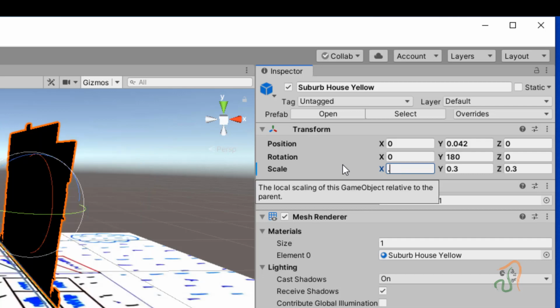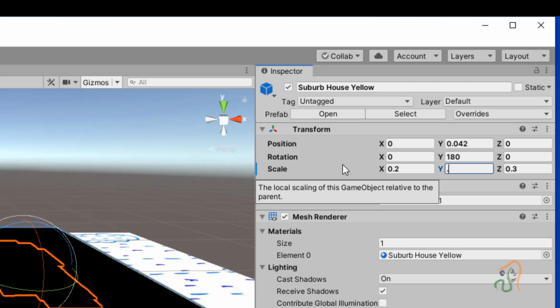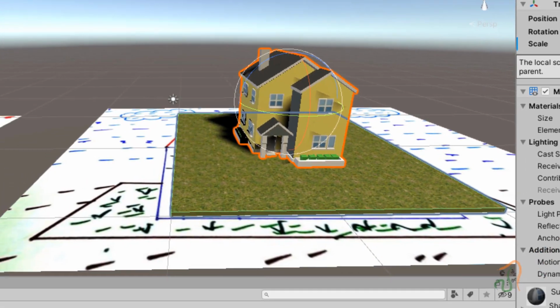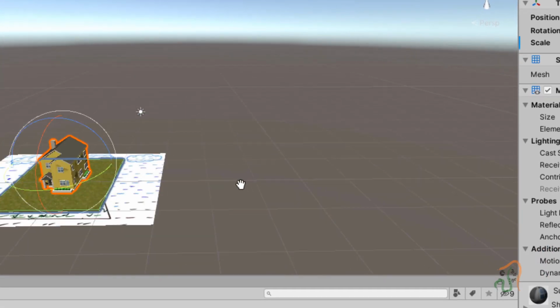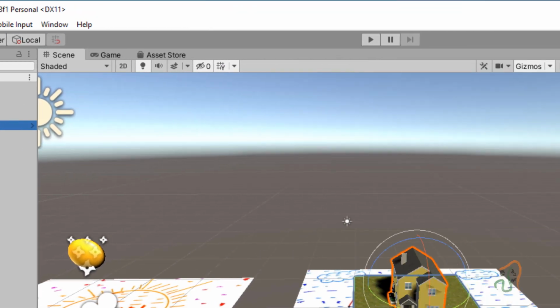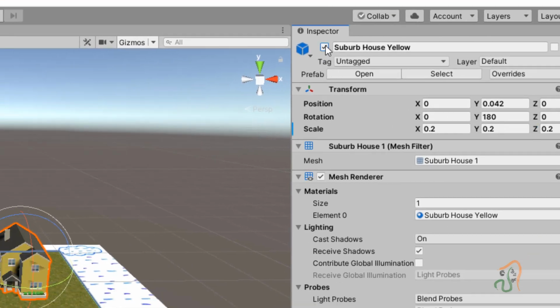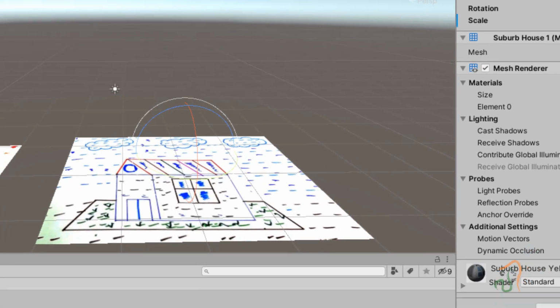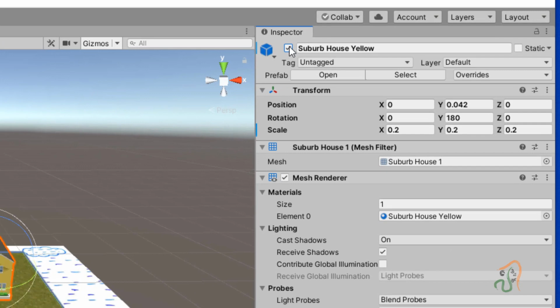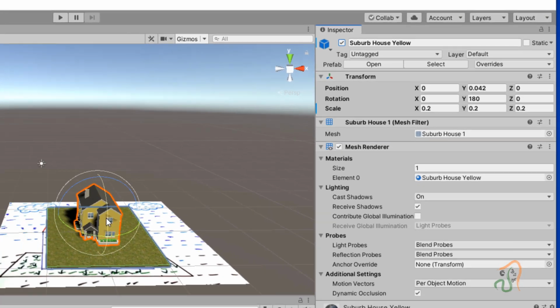So let us make it 0.2 x, 0.2 y and 0.2 z, so that we are able to see it better. So we have made it 0.2, and select this suburb house yellow and switch it off. This is the house image, and when we project the camera, this model will be turned on.